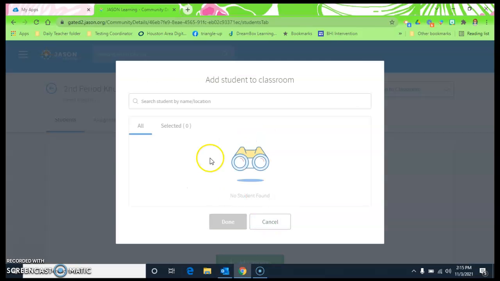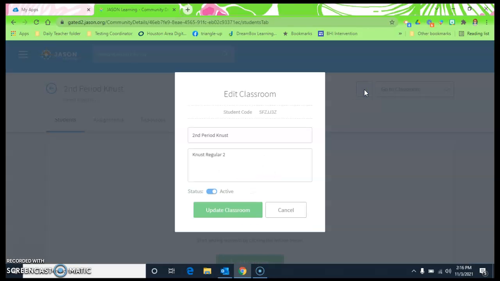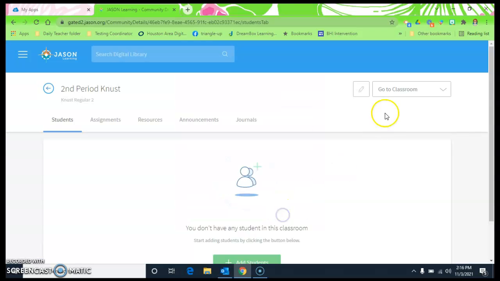So you'll click add students, and you can individually add students. I actually prefer to use this pencil, especially with the upper grade level students. If you have lower level students, you might want to add the students individually yourself, but with the upper grade